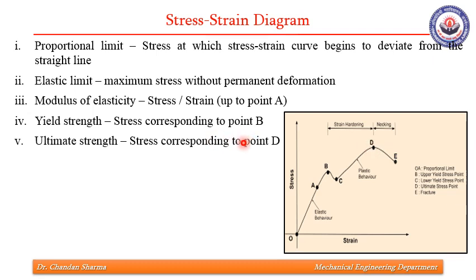So for ductile materials, this yield point stress is important, and since this curve is for mild steel, for different materials this curve will be different. Some materials like cast iron will not have a definite yield point. So for that we'll be using ultimate strength as the design criterion.